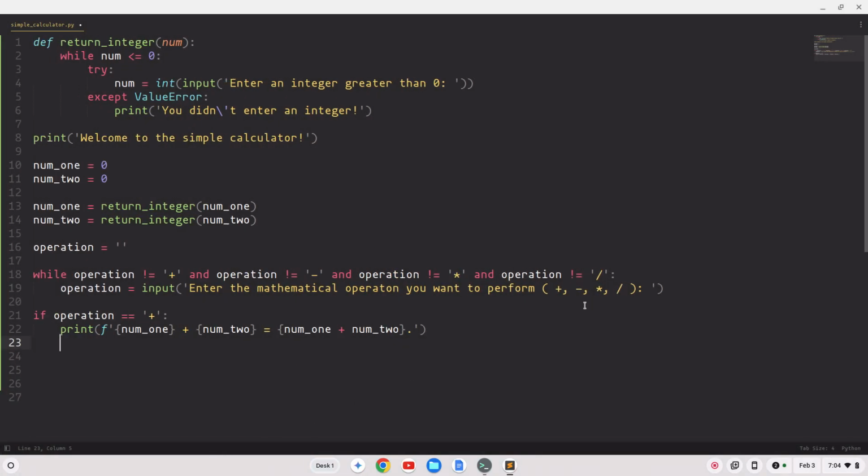Tired of going back and forth there. Then we'll say elif operation, not else if, elif operation equals the minus. Then we'll print,